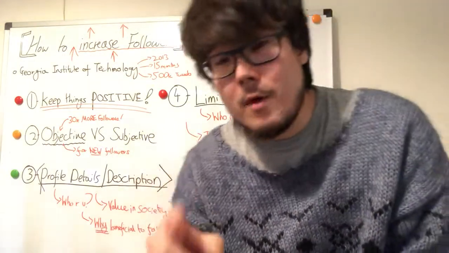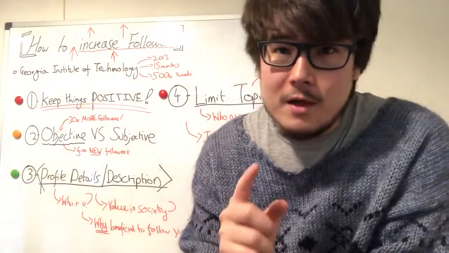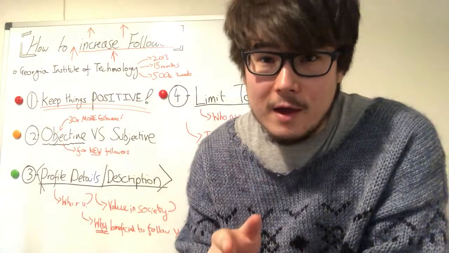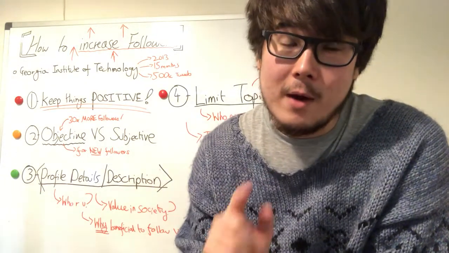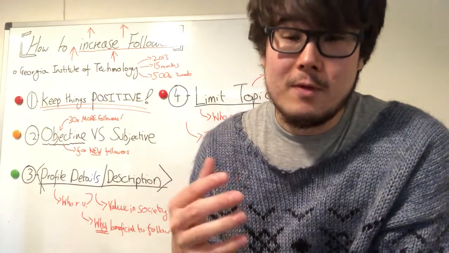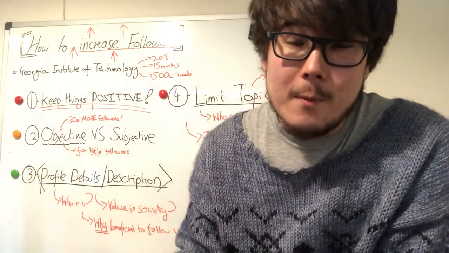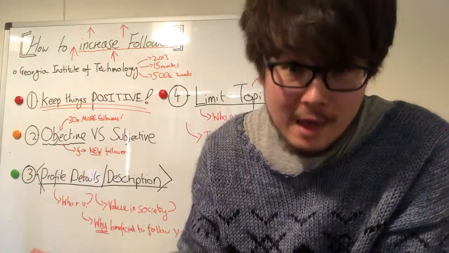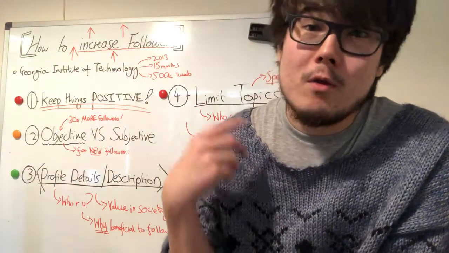Second point. Objective versus subjectivity. So it was noted that people who actually put in tweets which were objective had a 30 times more increase in followers overall, looking at the data, in comparison to people who did subjective tweets. So by objective tweets, I mean saying things which are based on fact, or maybe based on someone else's opinion, or maybe like the World Health Organization's opinion, or maybe some kind of institutions, but just not giving your opinion,